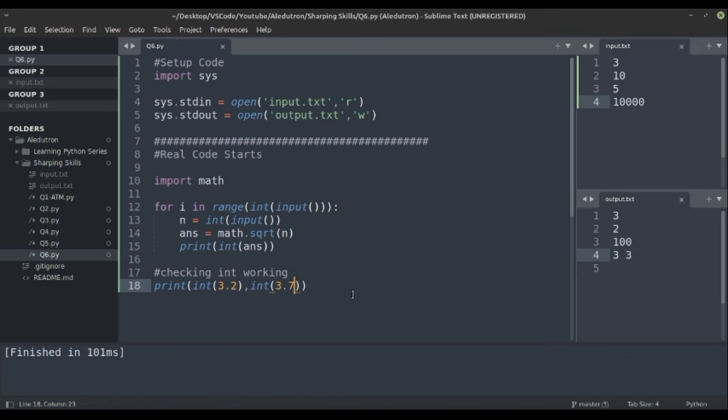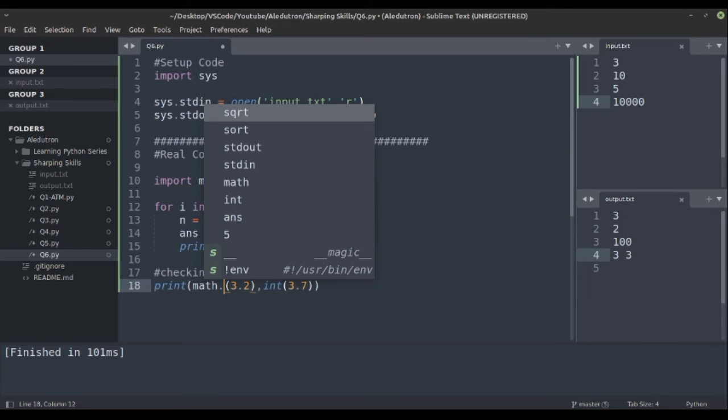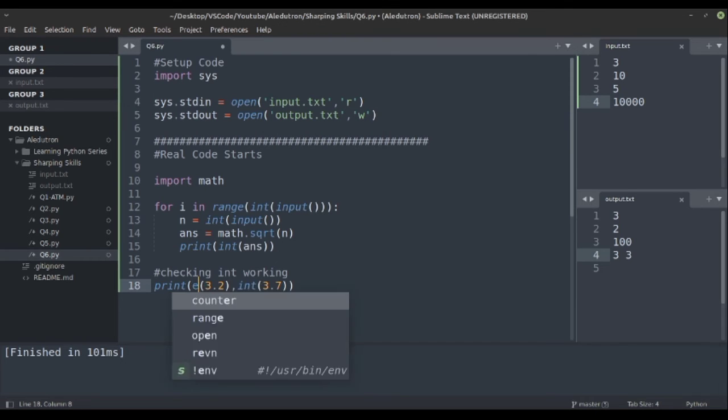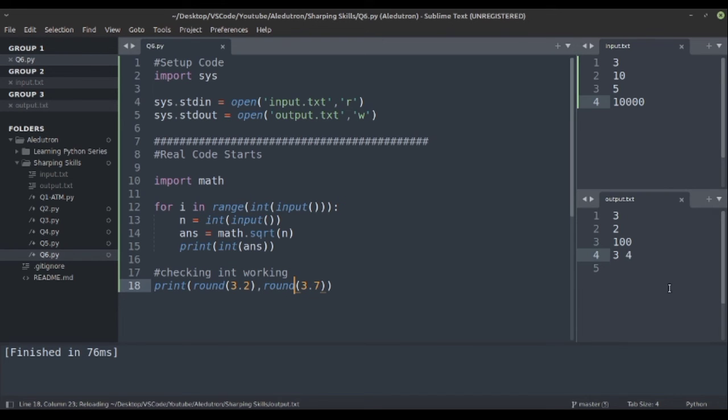So int works as floor only, but if I change this to round, let's check. Here you can see the difference. Round 3.2 gives us 3 only and round 3.7 gives us 4.